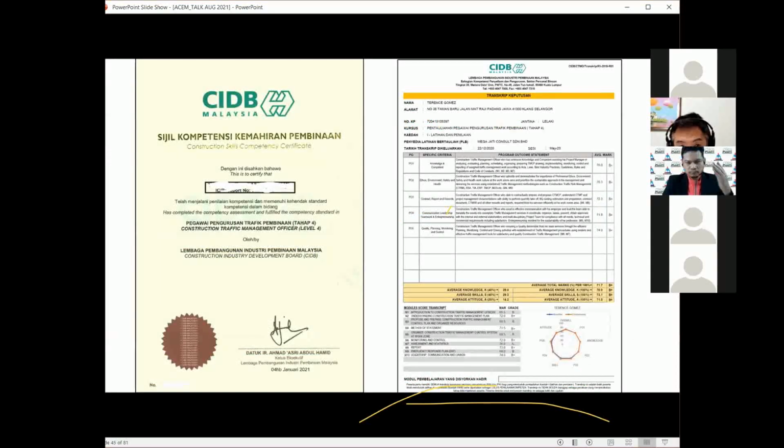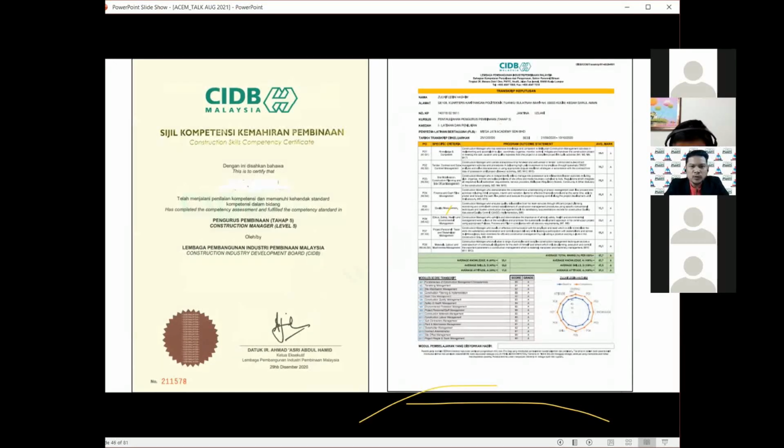the method 2 assessment. Sample of certificates. One of our friends, you can see the names there, but it's okay. Hopefully you know him, and you can ask him as well. On the left-hand side is the competency certificate, the Sijil Kompetensi Kamera Pembinaan, mentioning level 4. On the right-hand side is the PO score, the transcript. You have marks, average mark, mark and grade per module, and your spider web describing your strengths and weaknesses. The blue line is the baseline, and the red line is your competency score.